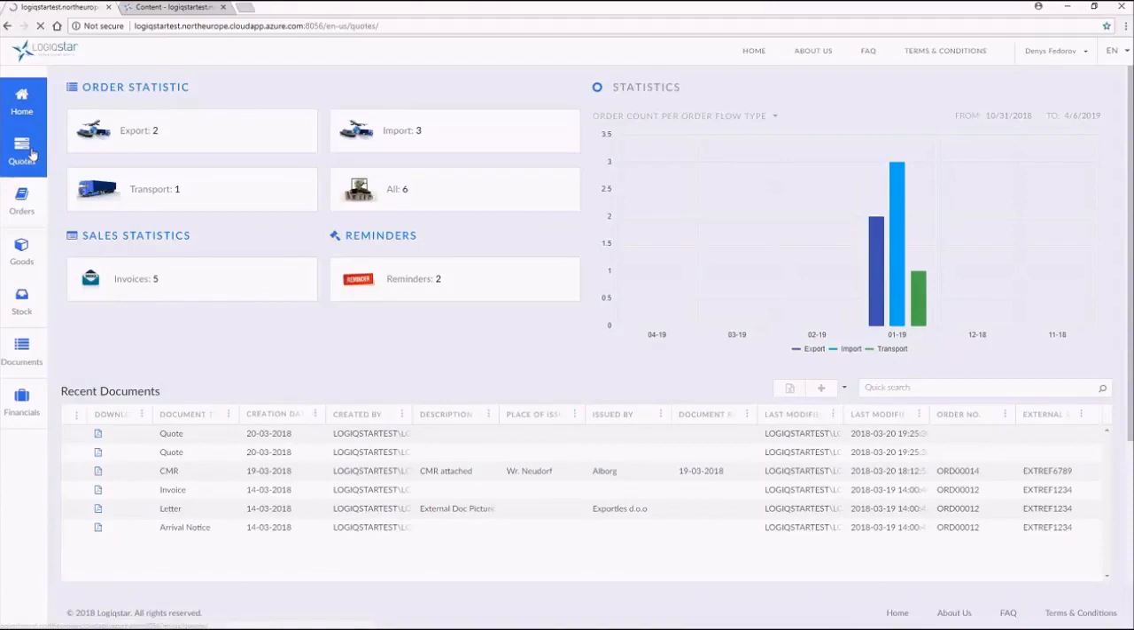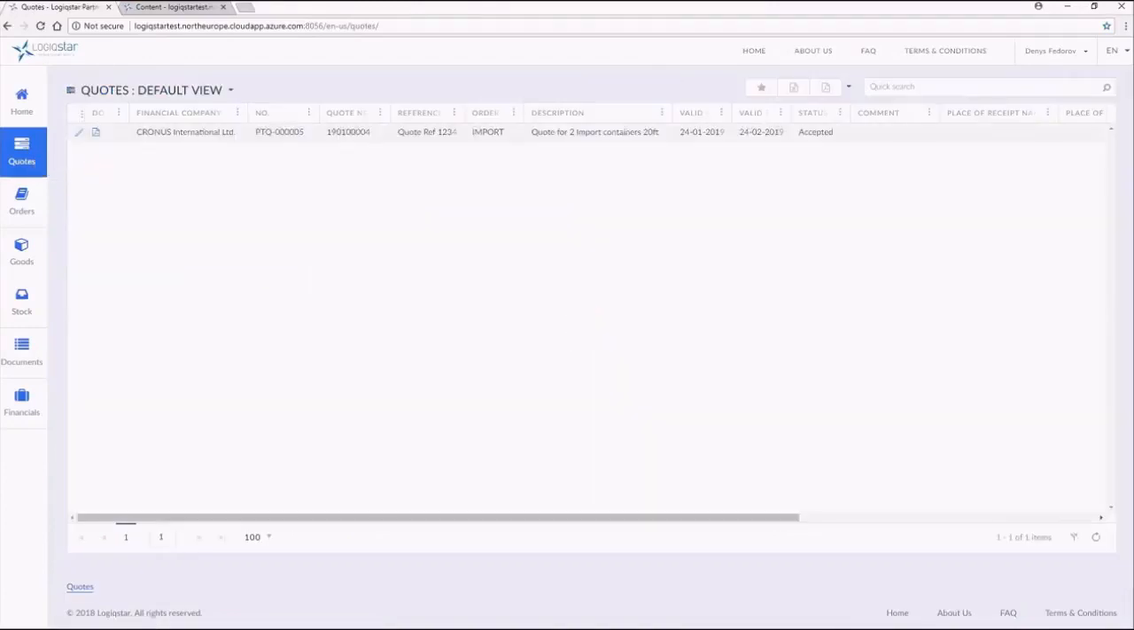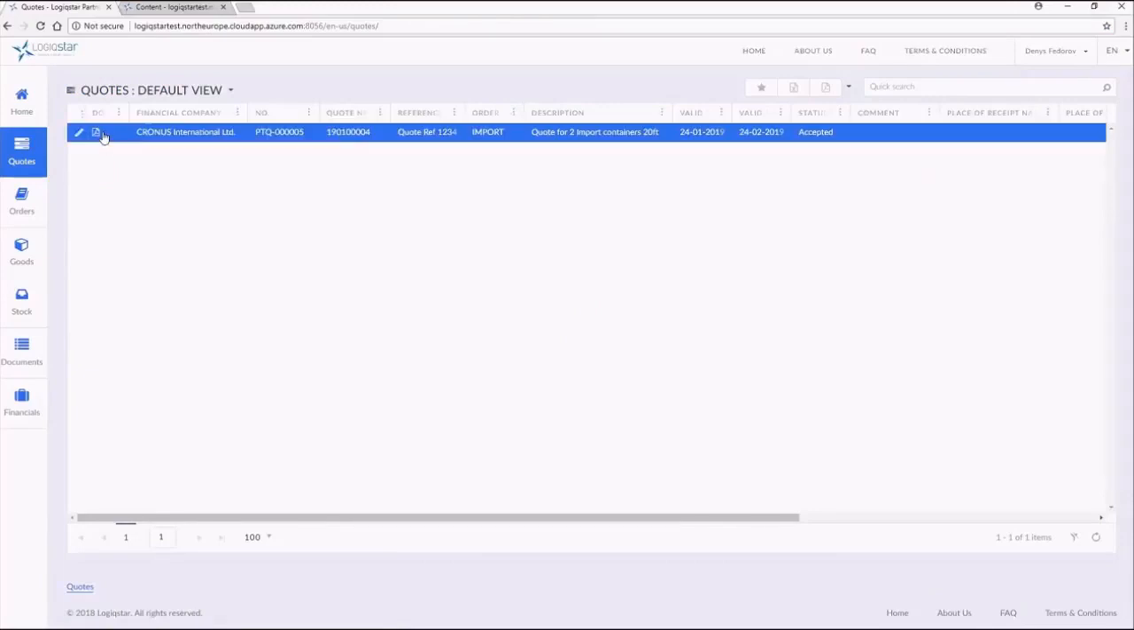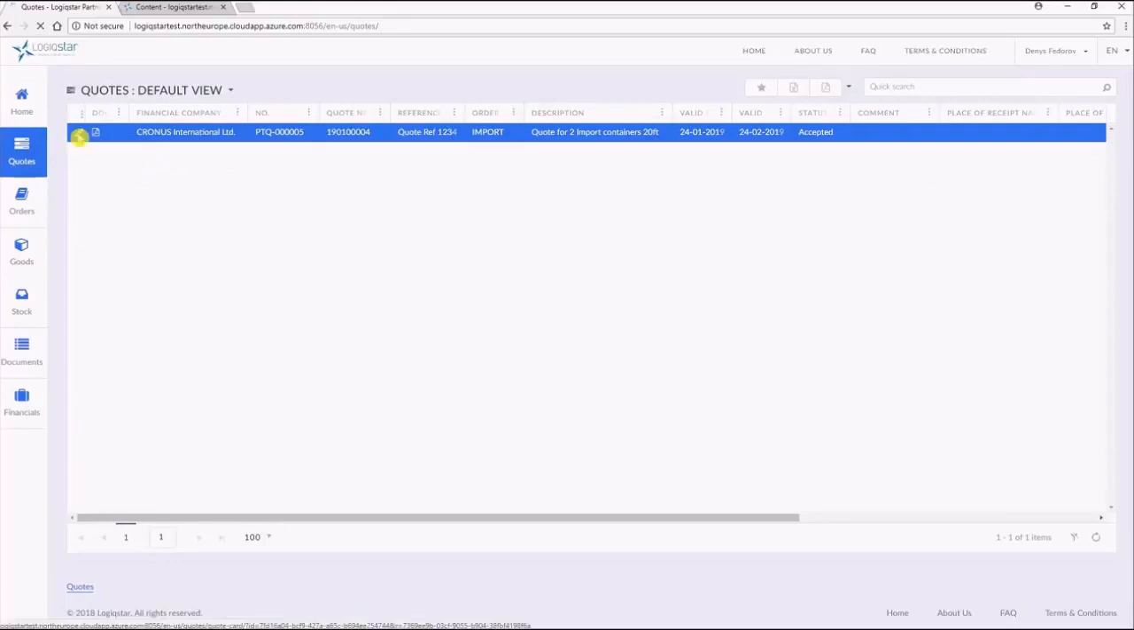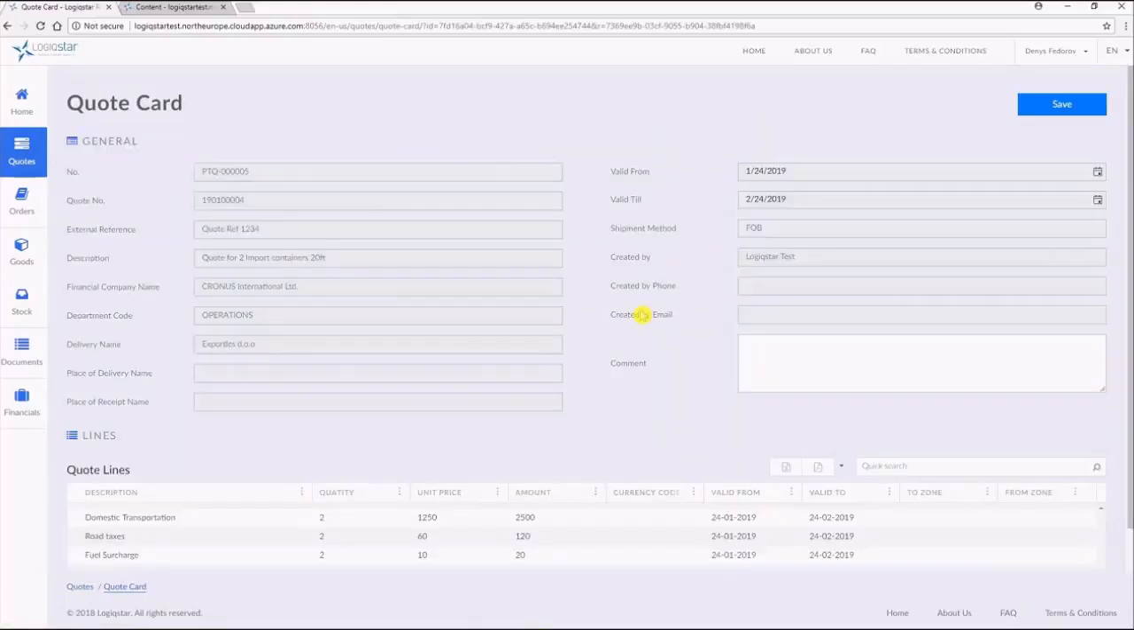For example, quotes here. Within the quotes view, the customer can get an overview of quote information with proposed prices, with details about services and surcharges. Here he also has the option to download or export a quote document, for example, to print it out. Let me just open the card that can be opened by right-clicking the record and choosing Edit, or simply choosing this Edit icon here. So here you can see the quote card, which is